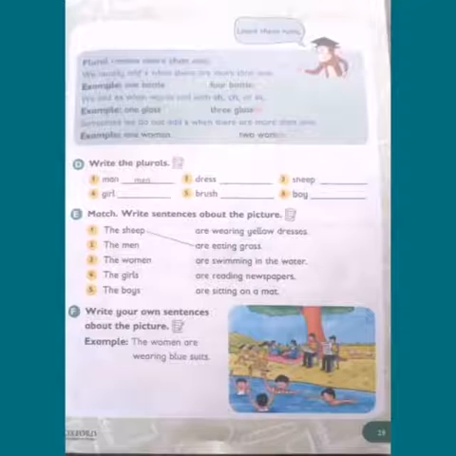For example, if we have one apple, we write it apple, and if we have more than one apple, two apples or three apples, we add s with the word apple to make it plural. Similarly, if we have the word bottle and we have only one bottle, we write it like bottle. But if we have four bottles, 1 2 3 4, we add s with the word to make it plural, and we say it like bottles.